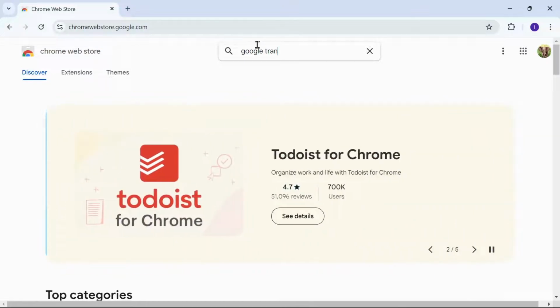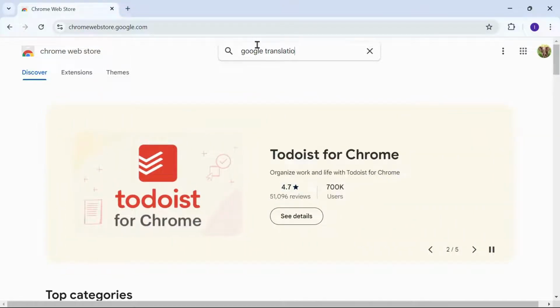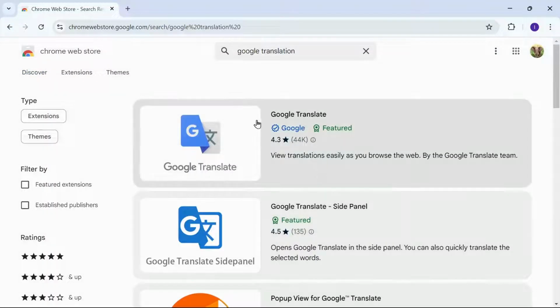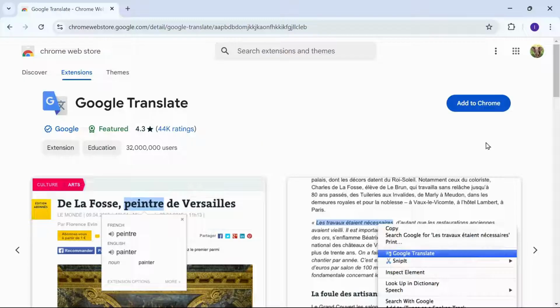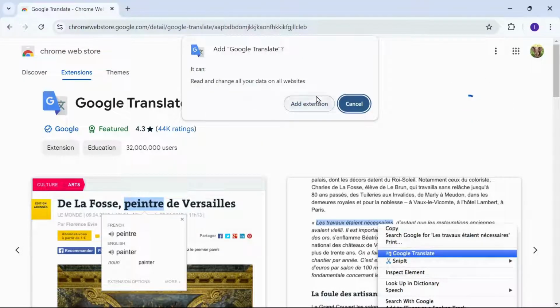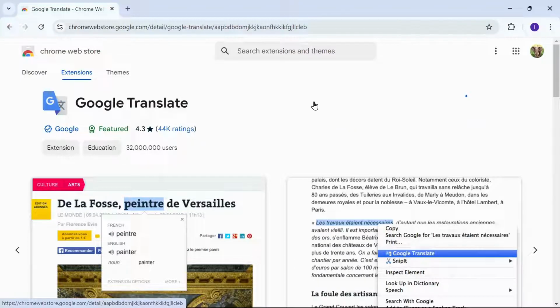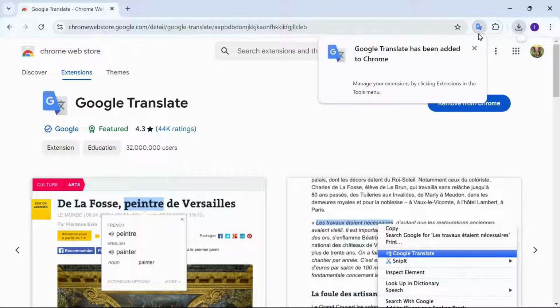Click on the Add to Chrome button to add the extension. A pop-up window will appear asking to confirm. Click Add extension to install it. Once installed, you will see the translation icon on the top right corner of Chrome next to the address bar. To use the extension, click on the Google Translate